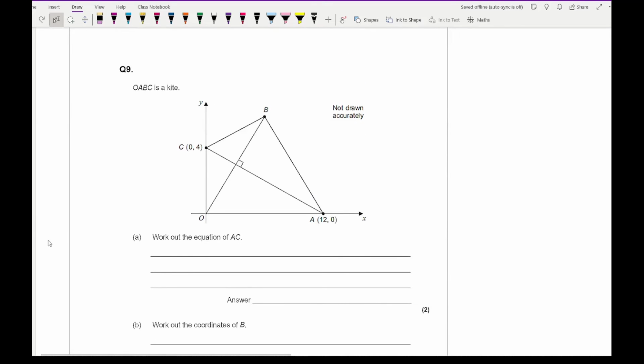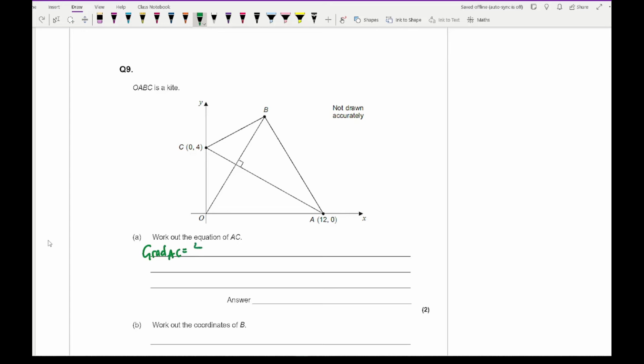Moving on to question 9, it says OABC is a kite, and the question is asking us to work out the equation of AC. So again, to work out the equation of AC, I need to know the gradient of AC. So again, using the formula, the difference in y is going to be